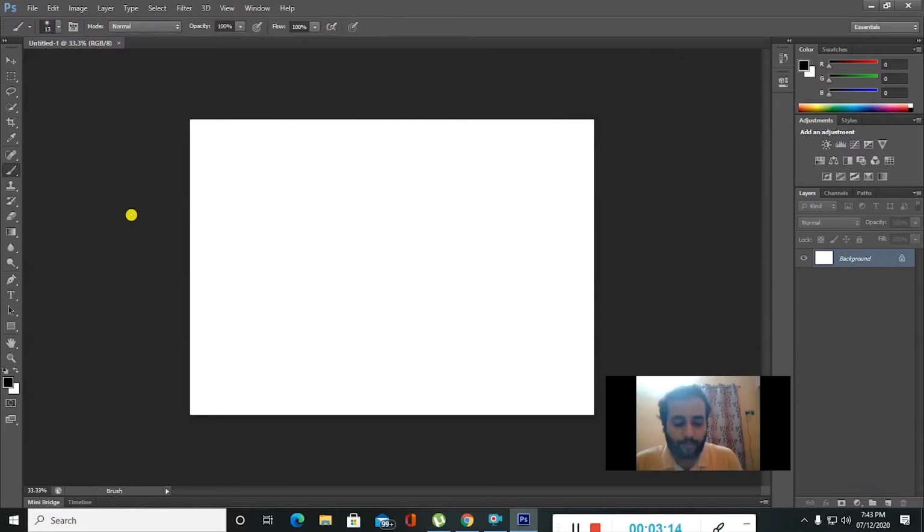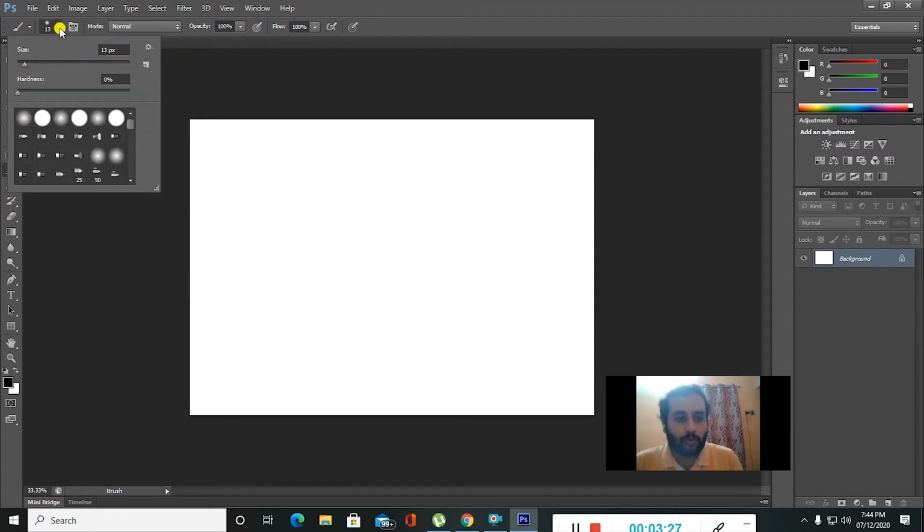New document will open. When you press B on the keyboard, brush tool will be selected. So when you see in the option bar, brush tool options will be visible. So now the first option, you have a drop down, so click on the drop down. So in this drop down you can increase the size of the brush. Okay, so like this you can use the sliders to increase the size, and also you have the hardness.